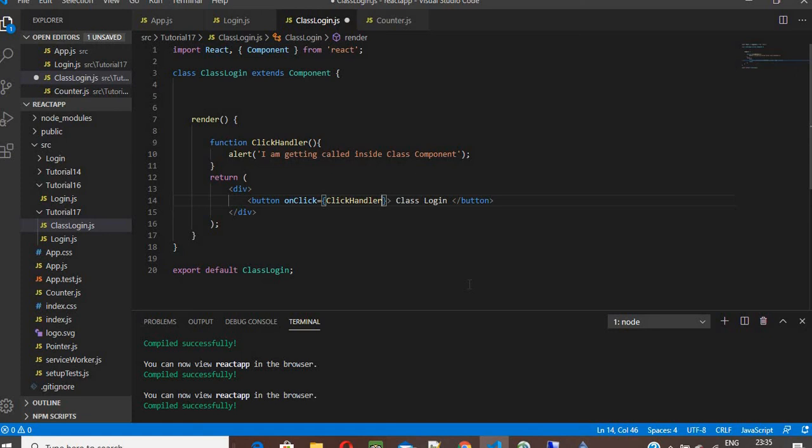So this is one key thing that we have to make a note of, because most of the beginners in React would mention this open bracket and the close bracket, and thereby React would execute this particular function at first. Over here, the function is just an alert message, and hence it is not a big deal. But in case you have some complex functions and you're calling them with the open bracket and the close bracket